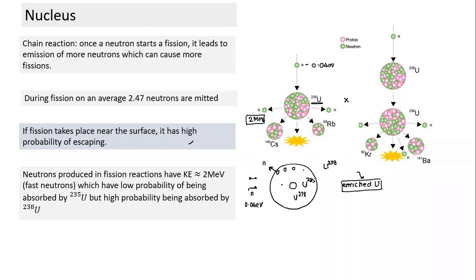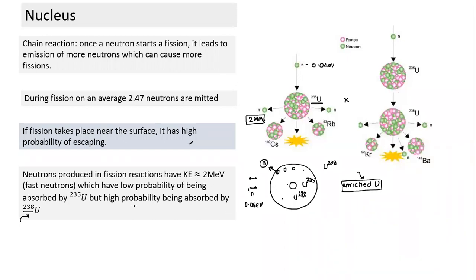Now, neutrons have been released. They're fast-moving neutrons, both of them present. High-speed neutrons are much more likely to get absorbed by U238, which does not lead to nuclear fission. So what will happen? Two reasons. One, first of all, some of them escape. Second problem we face is that it has high energy, and at high energy it may encounter U235 or U238. We want it to be absorbed by 235, but at high speed, they have a much higher probability of being absorbed by U238, and the reaction may not continue.